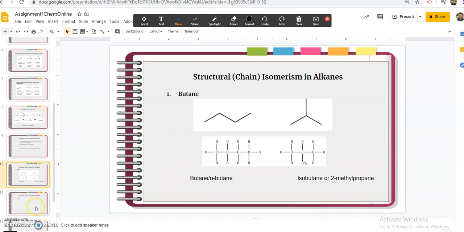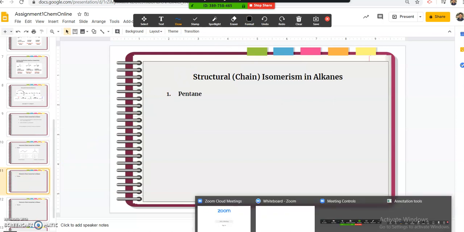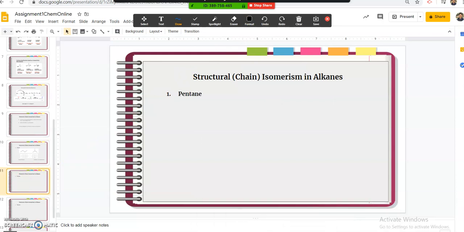Okay, I want you to draw the same for pentane. I'm going to get you started on pentane, and for hexane and heptane I want you to do it yourself. Okay, so let's see if I can help you on